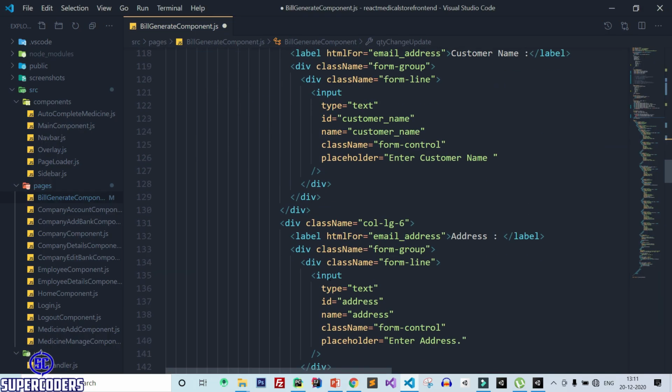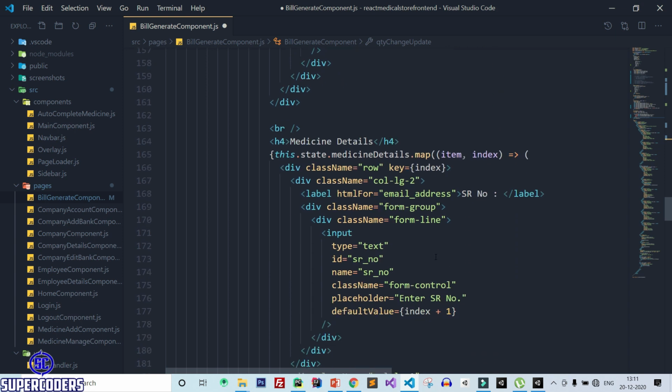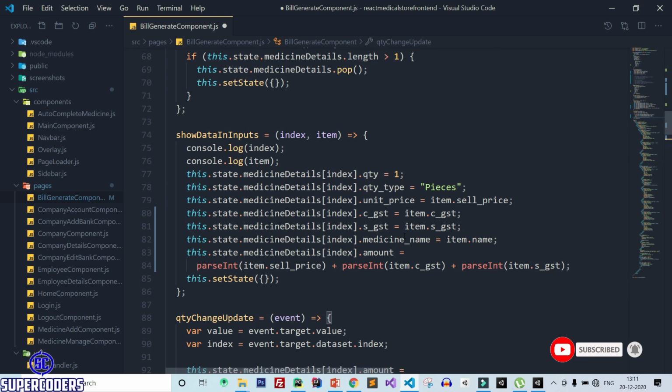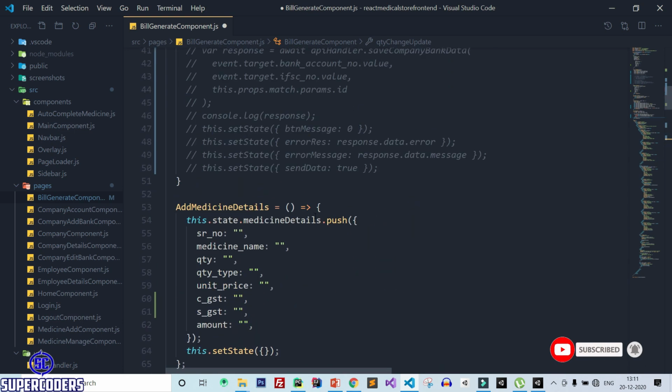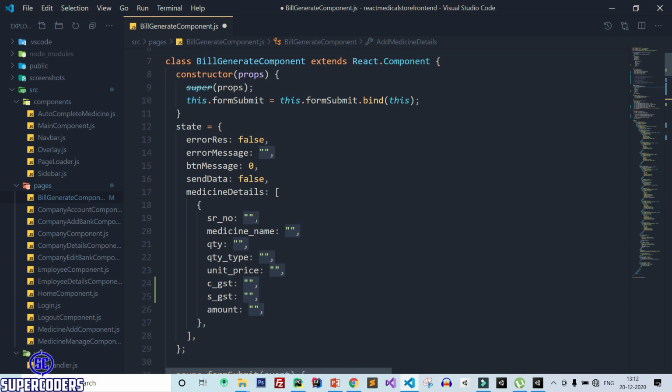So again back to VS Code, and the serial number is added when we click on the plus button. So let's see. Here just do one more thing, change this serial number default, so here is the default, change this to 1.